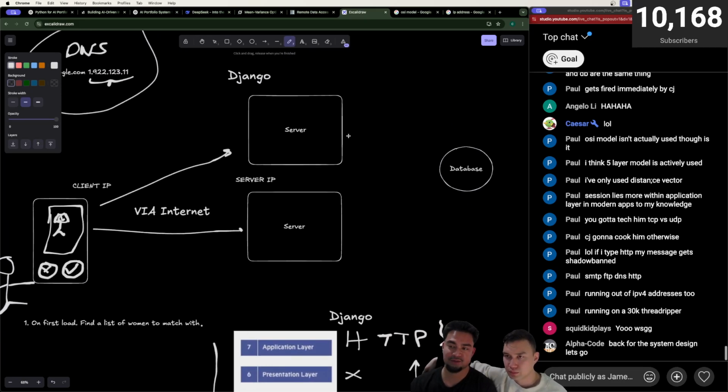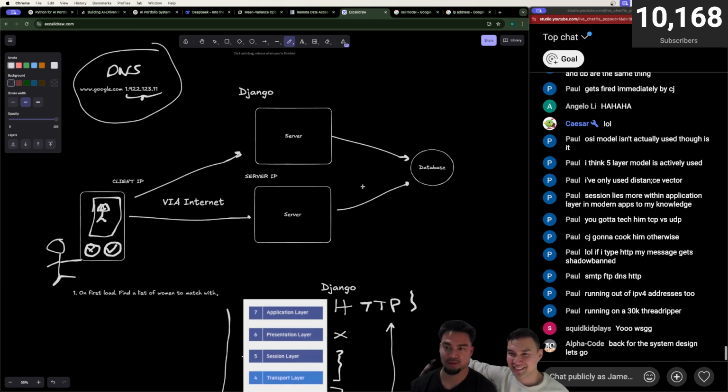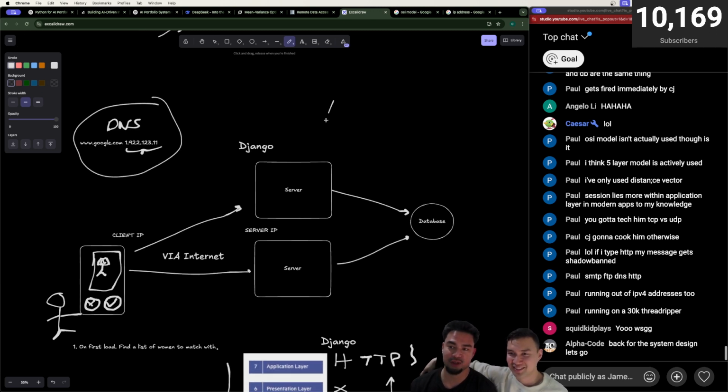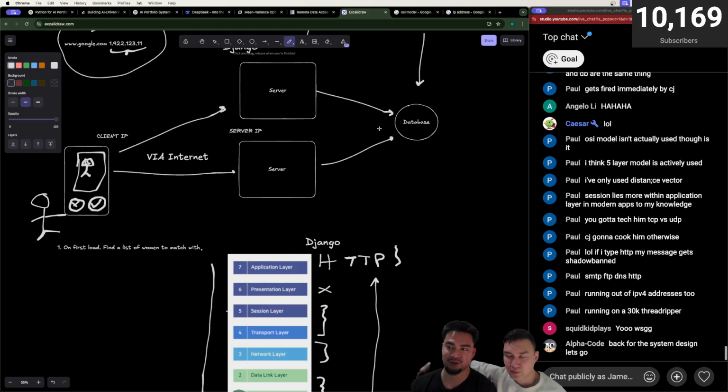Now these servers handle the request, then they talk to the database. Now the database has a ton of load too, and you have to figure out how to scale that as well. But that's kind of how it works. Because the main goal is we want to be able to scale all the pieces of our components horizontally. That's why you separate those layers. And you don't want to mix the code. Imagine I need to mix my HTTP code with my database, running my database on the same thing.